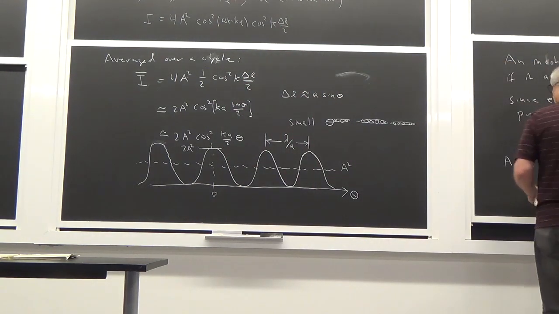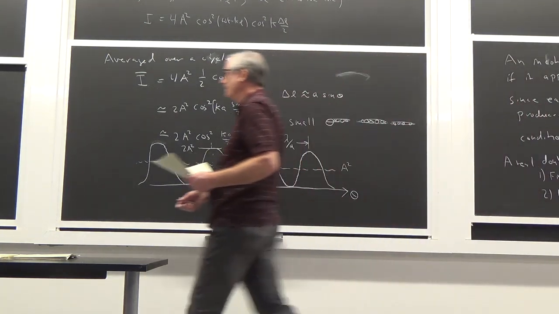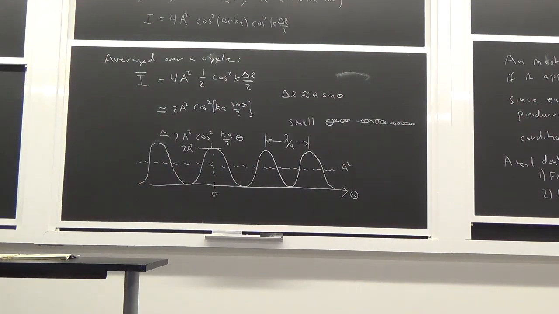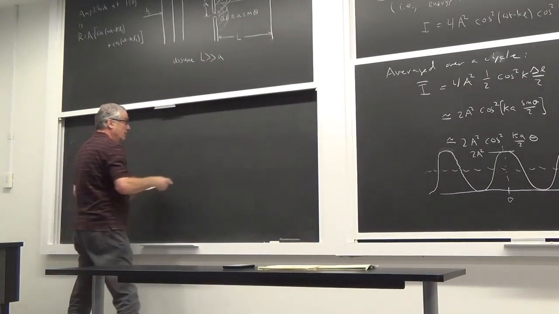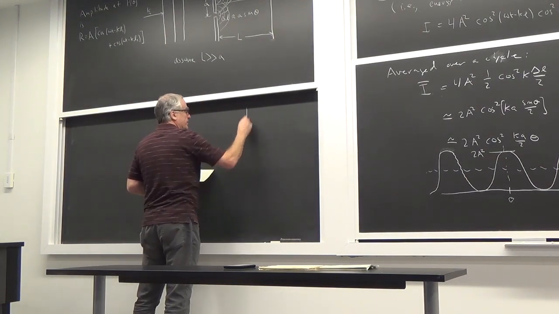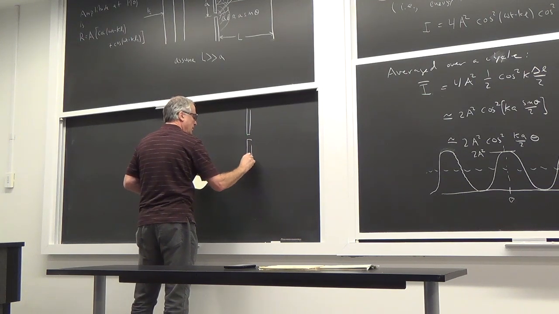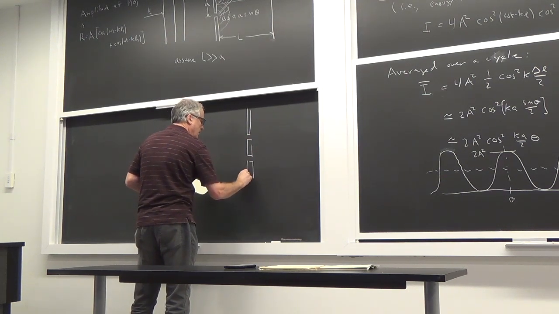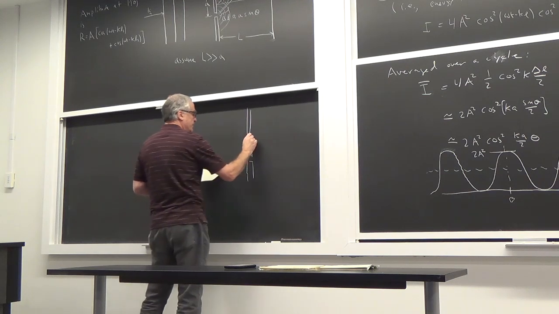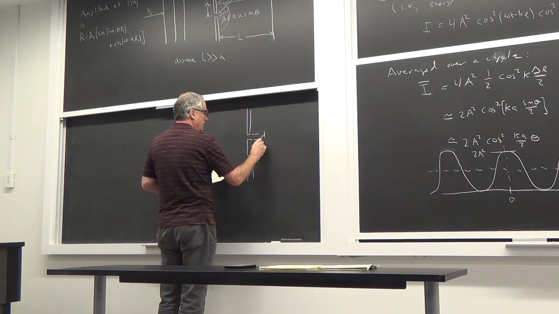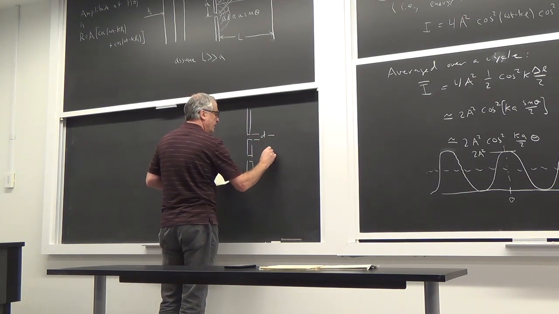And so we get a pattern. We get from this. So we get 2 single slits of width W. The 2 slits are separated by A,